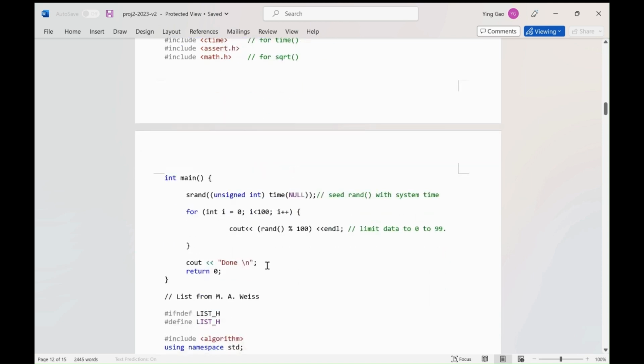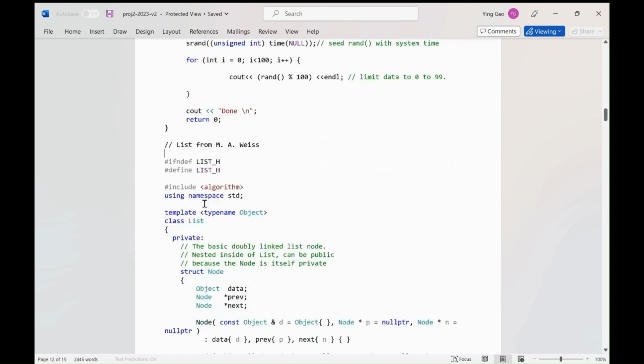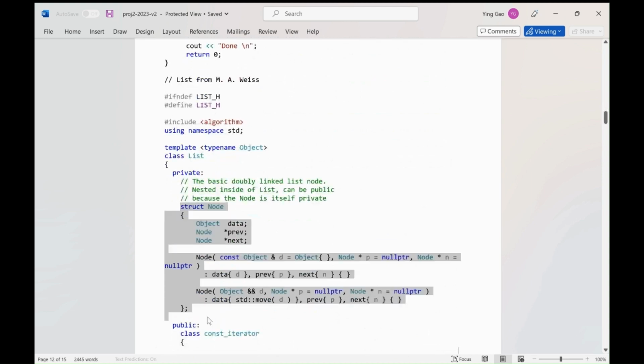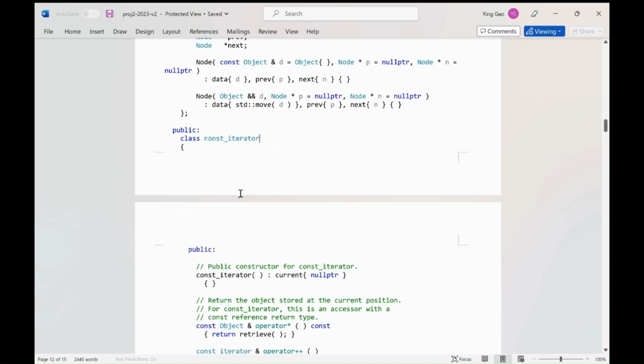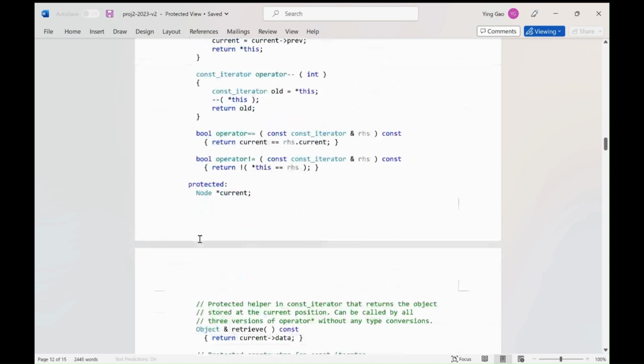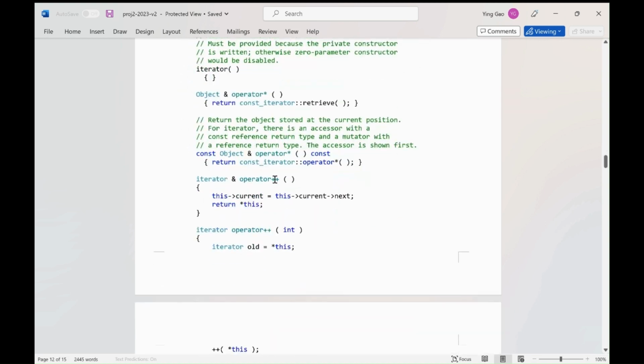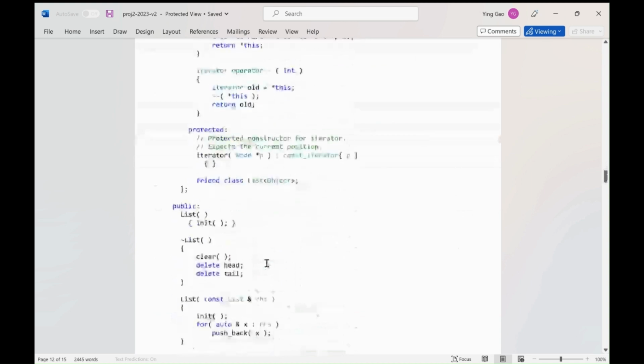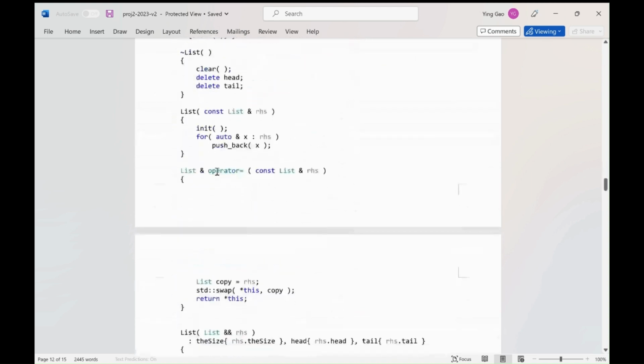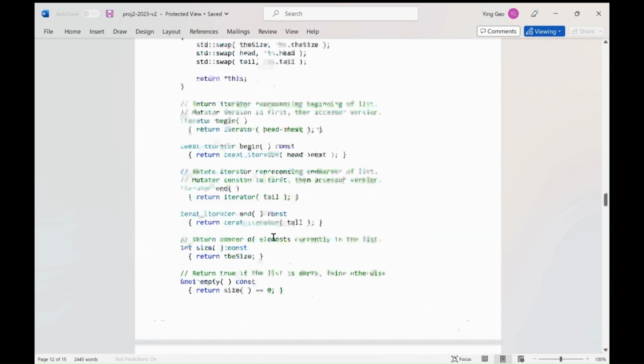First, we have our function for generating random numbers. Then we have our list class. This is our struct data members. And we have the constant iterator class and our iterator class, in which we will rewrite the operators to our defined ones. Then we have some functions and some basic operations